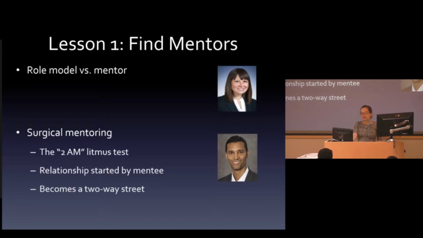So what you really need during that time is a role model. A role model is defined as someone you identify with, who has qualities that you would like to have, but it's observational. So for example, Dr. Wiedemann, who's in the crowd, and Dr. Stark, who's now up in Oregon, or Seattle rather, were really important surgical role models to me the first couple of years, and they shaped the way that I practice surgery, but I wouldn't necessarily call them mentors. And I wanted to include a picture of you, but you've kept your online presence very small, so good job doing that.